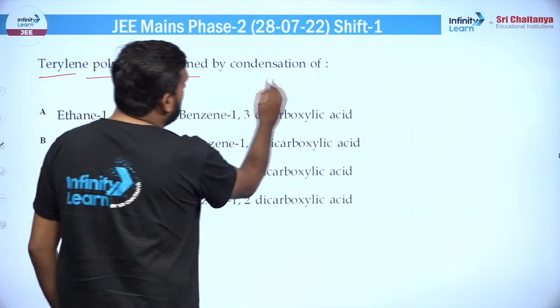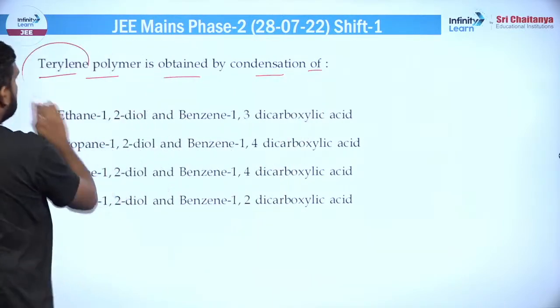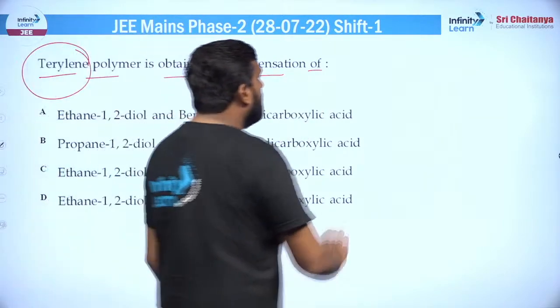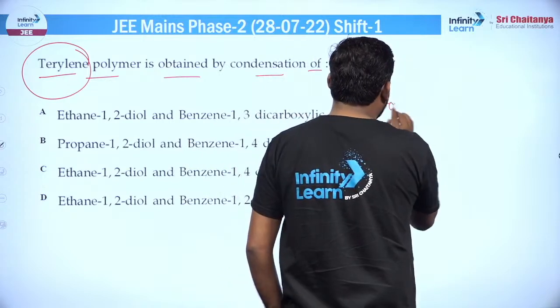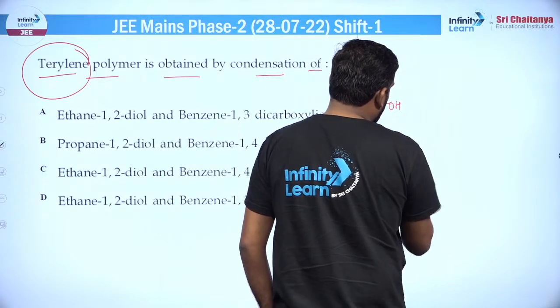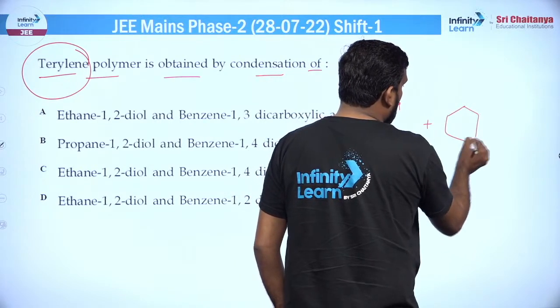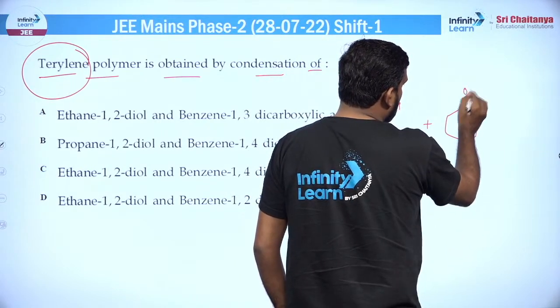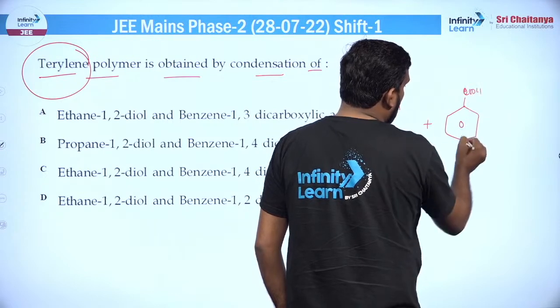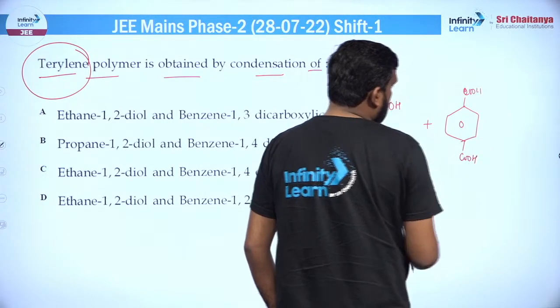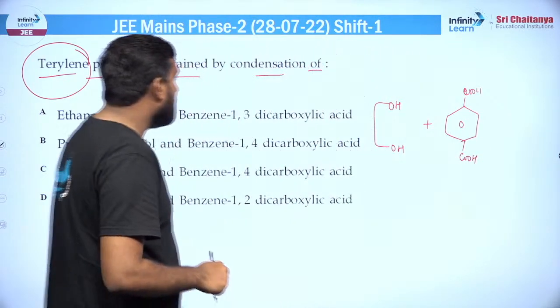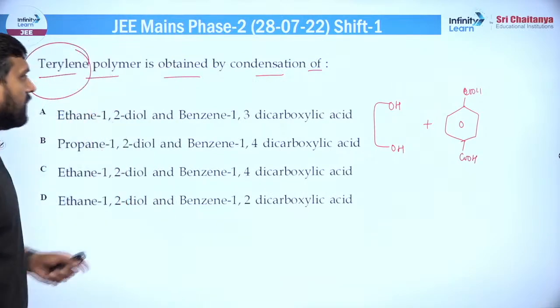गोइंग टू द नेक्स्ट, टेरेलिन पॉलीमर इज ऑब्टेन्ड बाय कंडेंसेशन ऑफ, ठीक है। टेरेलिन बेसिकली टरपैथिलिक एसिड और ग्लाइकोल के कॉम्बिनेशन से बनता है। तो ये आपका ग्लाइकोल होता है और इसका कॉम्बिनेशन जब आप टरपैथिलिक एसिड से कराते हो, यानी कि इस तरीके का जो एसिड होता है, COOH और COOH, तो इन दोनों के कॉम्बिनेशन से बनता है।